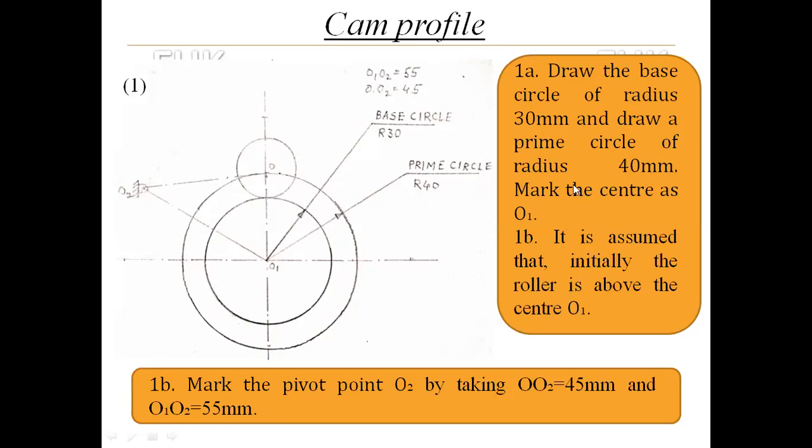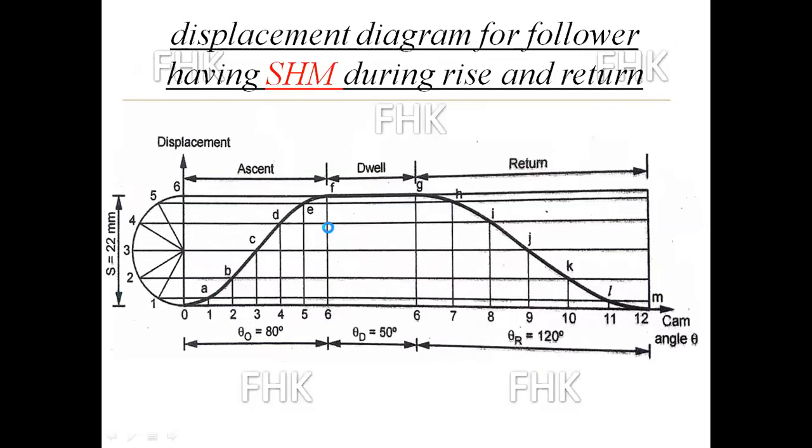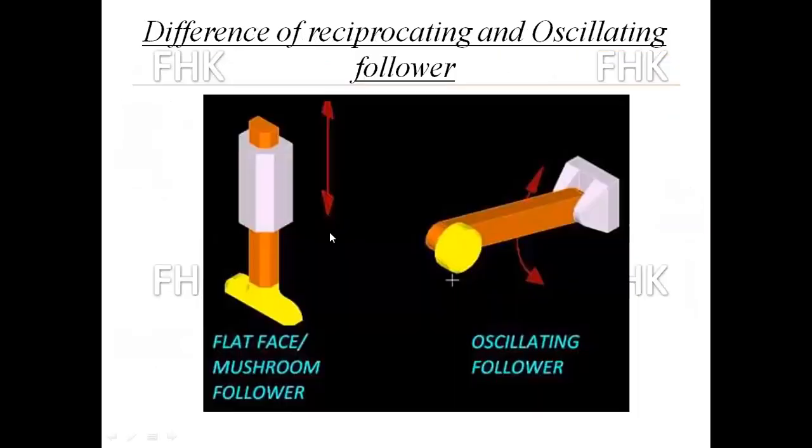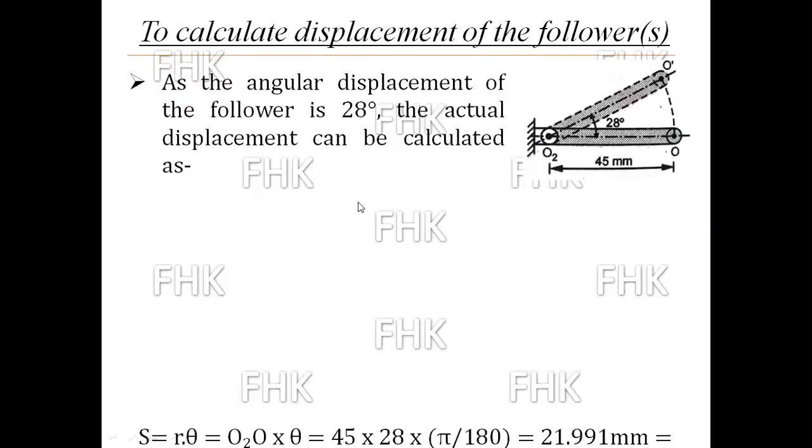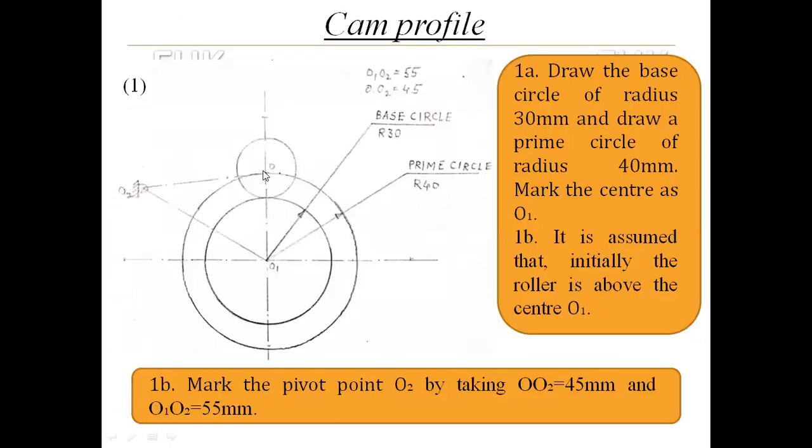Now the radius of the roller is given, and I assume that the exact position of the roller is above the center O1. The roller radius is given as 10 mm. That 10 mm I will take in the compass, and I will draw the circle, which is nothing but the roller. Okay, and this point O is nothing but the pivot point